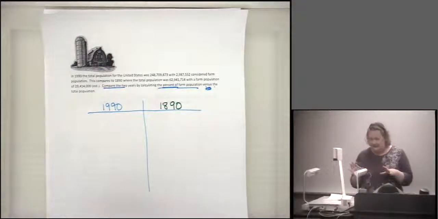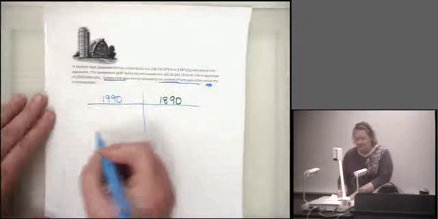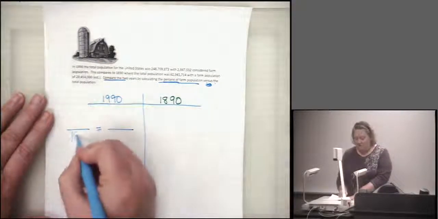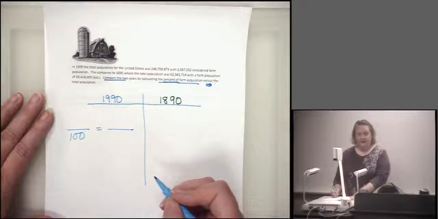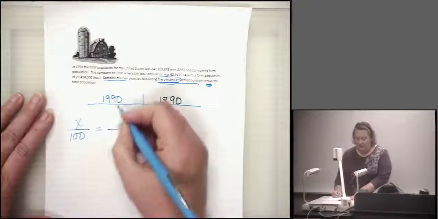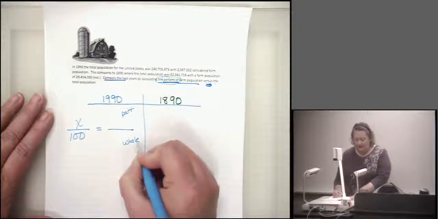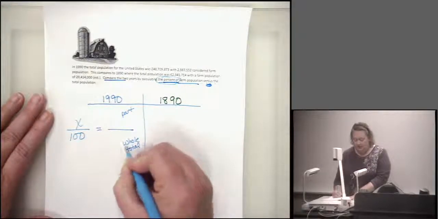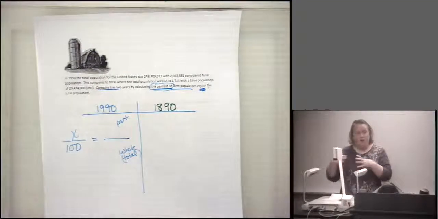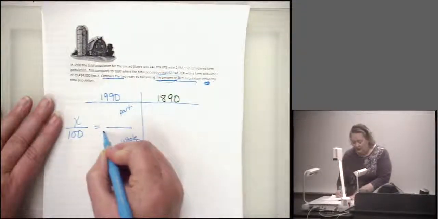Now that's a little tricky because the "of" falls in a strange place there, and we always want to think about that. But let's set up our problem by starting out with our proportion and over 100. Since we're looking for the percent, remember we want the part over the whole, and remember that total is another good word for the whole. So we want the whole or the total on the bottom. Well, the total population would be the